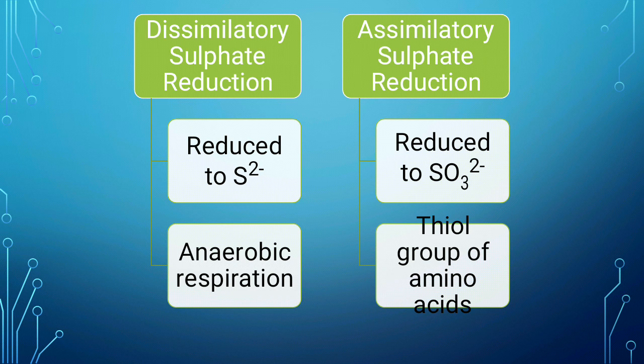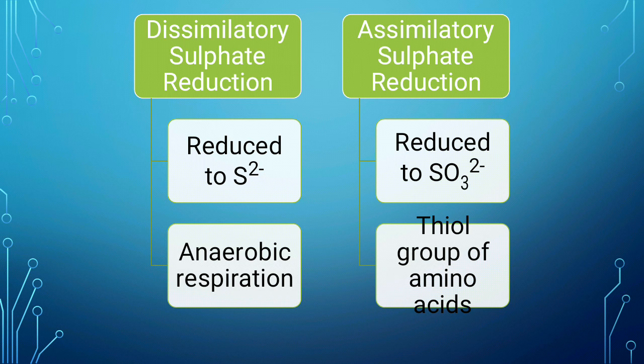Dissimilatory is the type of reduction that you studied even for iron and manganese, wherein, if you remember, the organism wasn't utilizing those compounds. It wasn't incorporating or assimilating them into its own structure. It was just using them as a terminal electron acceptor. Same goes for sulfate. So in both the types, we know that sulfate is getting reduced, and in both the types, sulfate is getting reduced in a series of stages.